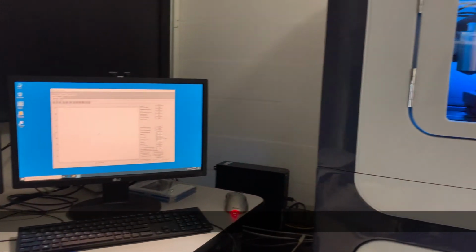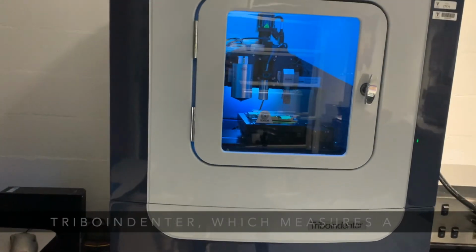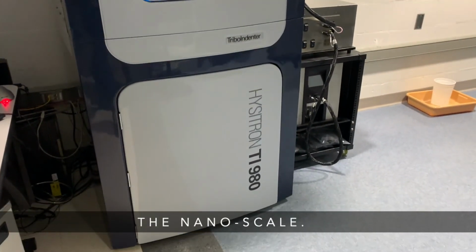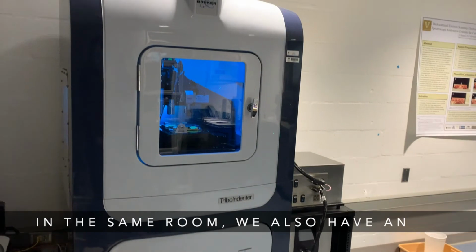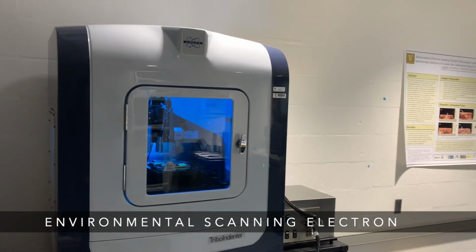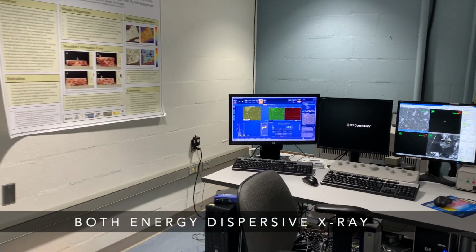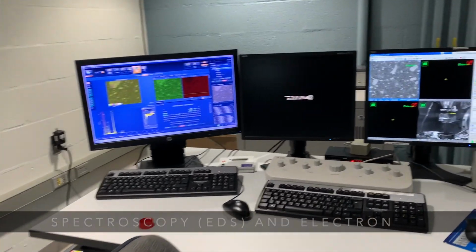Tucked away in one of our back rooms, we also have a Hysitron TriboIndenter, which measures a variety of mechanical properties on the nanoscale. In the same room, we also have an environmental scanning electron microscope with both energy dispersive X-ray spectroscopy and electron